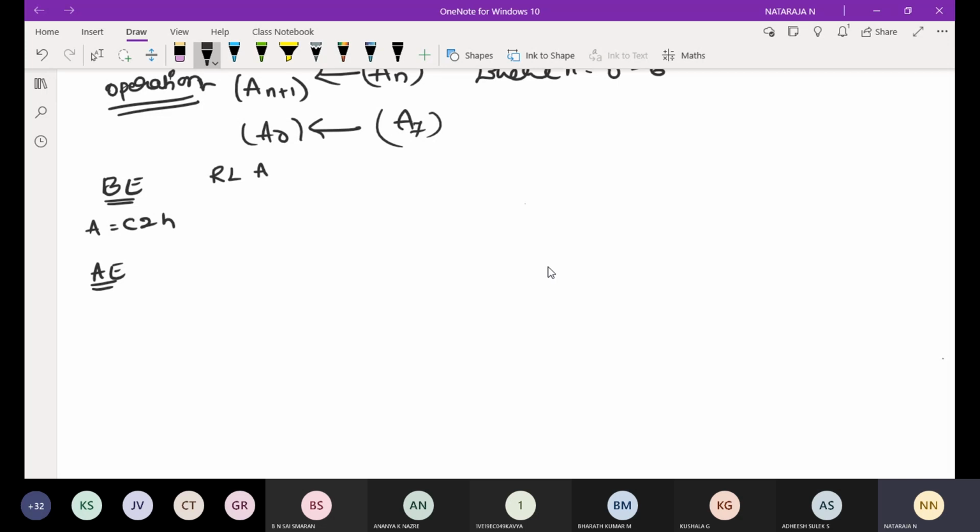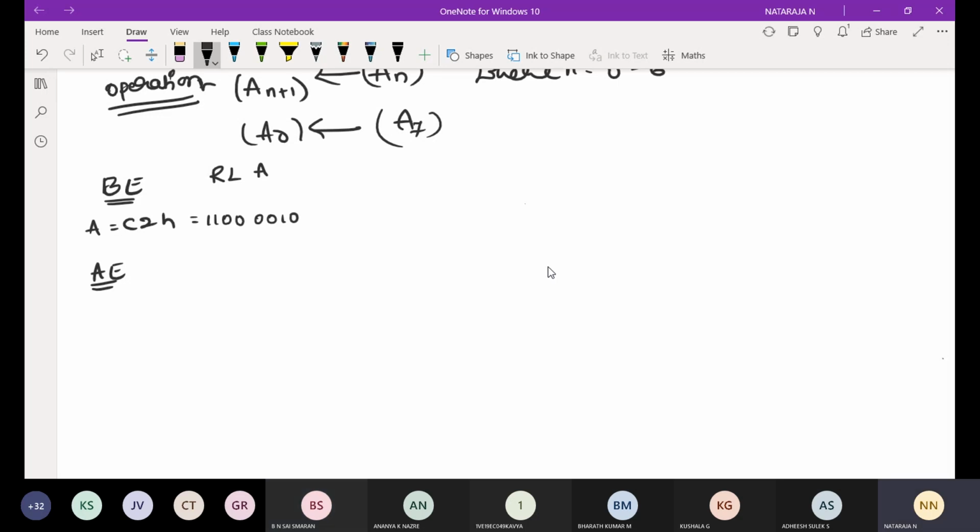What is the binary equivalent of C2? 1100 0010.